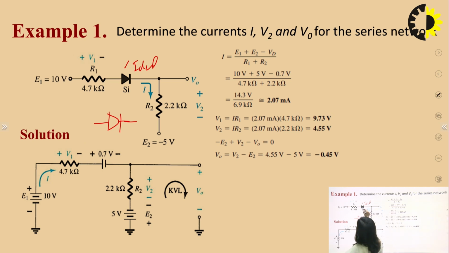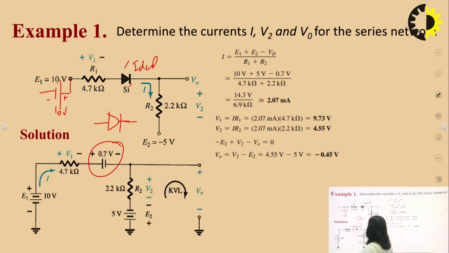So these are the practical diodes. We can see this P plate is connected with the 10 volt, plus minus 10 volt. So the positive plate of this 10 volt is connected with the P plate of this Si diode. It means this diode is forward biased, and we will use the simplified model. In the simplified model, we replace this Si with 0.7 volt. So we will replace this silicon diode with the help of this 0.7 volt.